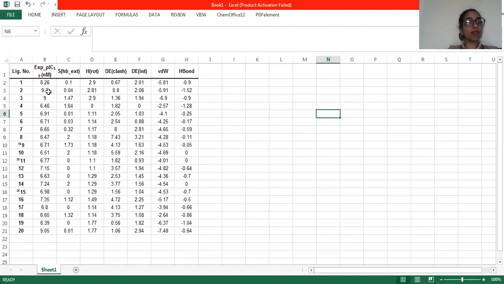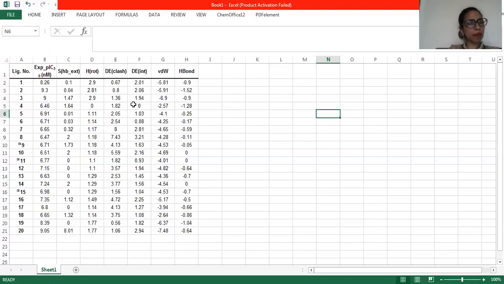Fine. For QSAR, we have to make a minimum scale. Now you can see the highest is 9.3, and the lowest one is near to 6. Fine. In this way, it is easy to develop any kind of QSAR. That's why we need to express the activity in terms of a logarithmic function. Fine. Now these are the dependent variable, by which we can develop the QSAR.